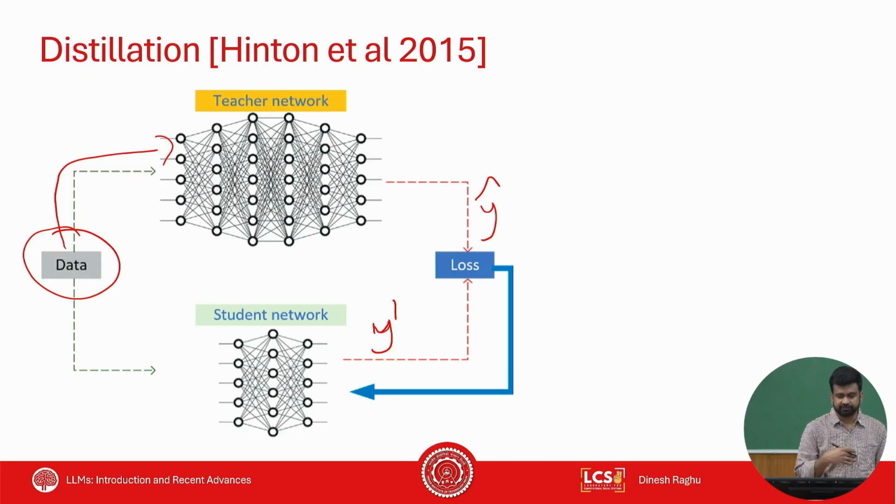So there are different flavors of distillation. Some of them are specifically about how you compute this loss. There are different ways of computing this loss, right? And some are like, you don't just do distribution matching only on the output, you do distribution matching even in the intermediate layers based on certain structures. Like there are a lot of variants of distillation.